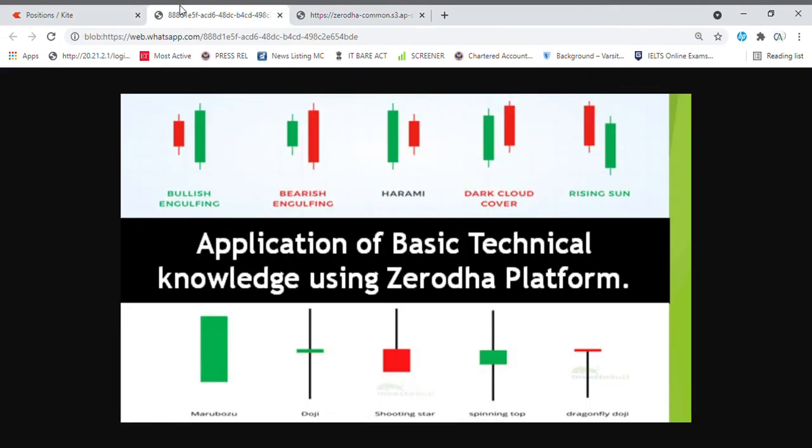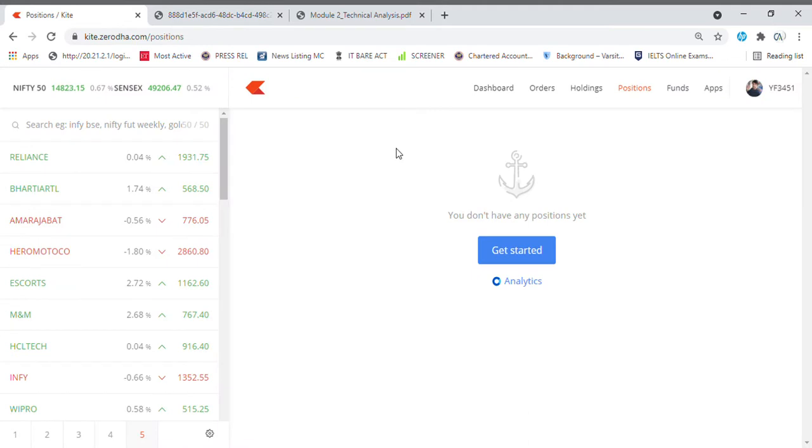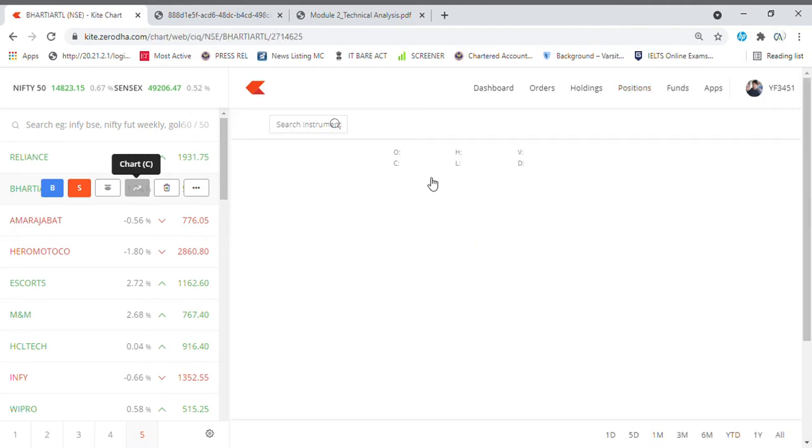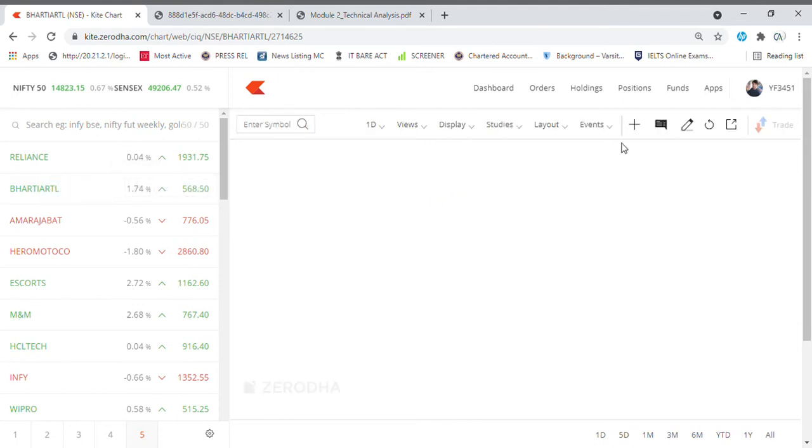So this is about the basic application of technical knowledge using the Zerodha platform. This is the Zerodha platform, and here if you click on this star called Bharti Airtel, this is a chart sign. If you click on this, the chart will appear. Fine, the network is slow.